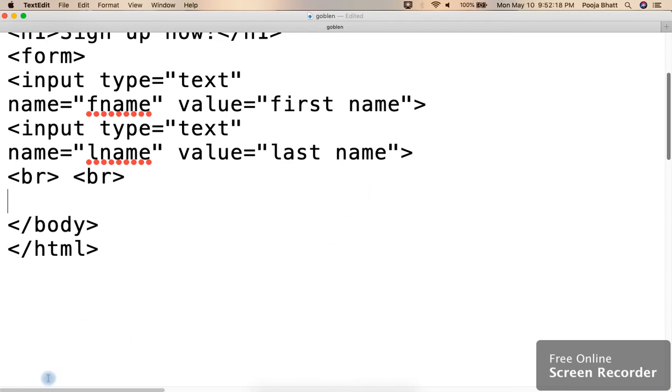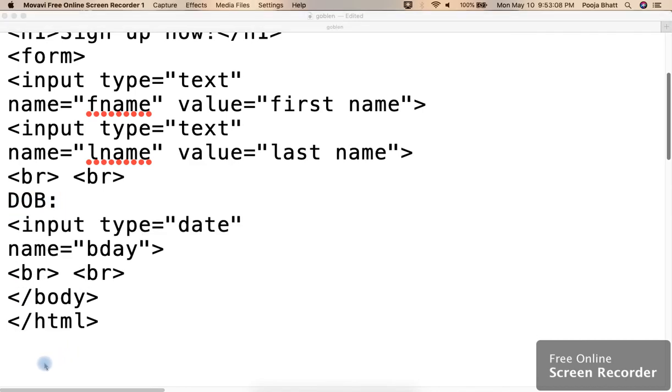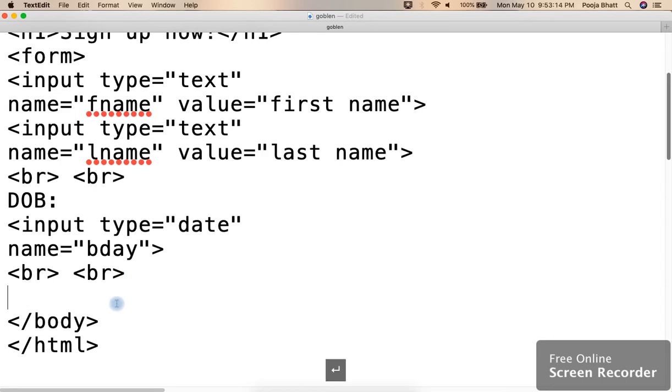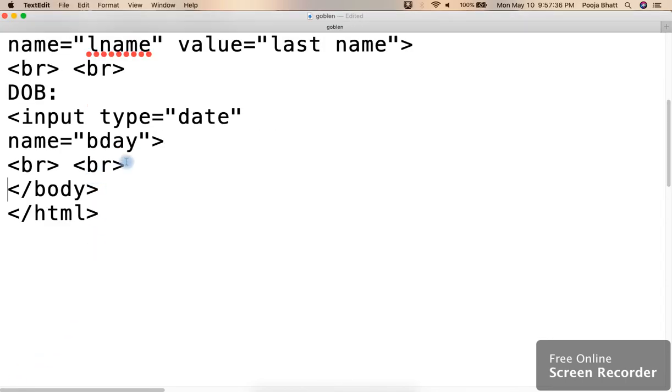After this we will write input type date. First of all we write dob. Okay, that refers to the date, like this, dob, enter. Now here we will put input and what will caps lock it would be. Okay, like this, input type date, name, bday and the br tag. Now after br tag